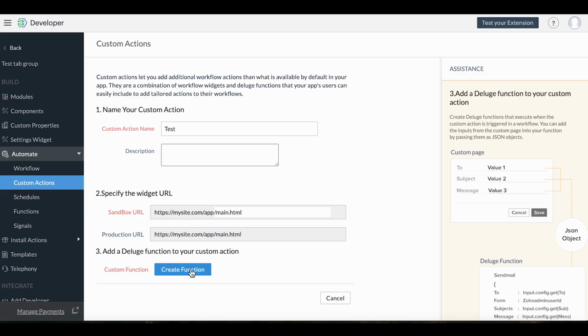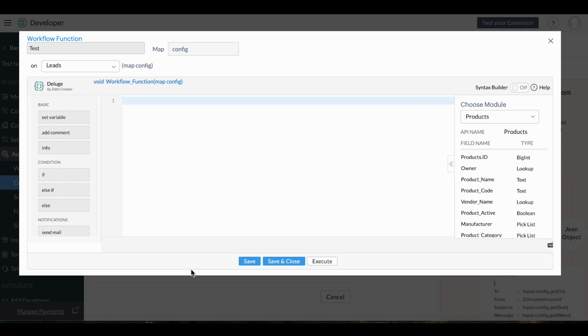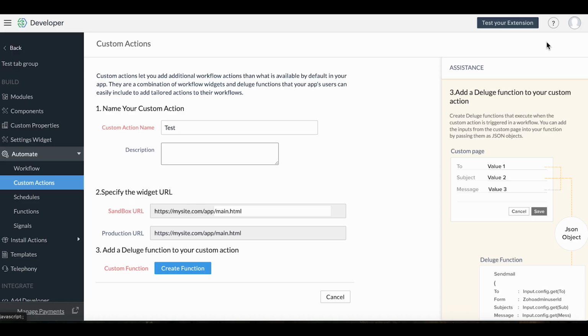As I mentioned, the common action that's going to be performed. In the example that we just visited, the action of sending out the email is common, right? That common templated action has to be handled via your custom script. The email sending out functionality will be handled in the custom script, and when this custom action is provided to the end user, whatever personalized input they provide as part of the custom UI, based on that input only, this custom script will be executed to get personalized outcomes. So this custom action is a combination of the UI and the custom script.